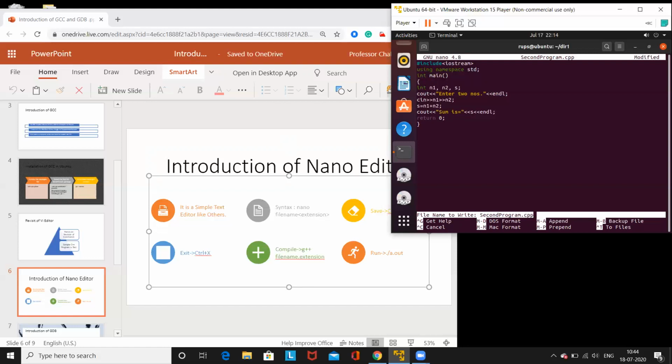I don't want to change the file name, so second program.cpp is fine, or you may change it as well. Add.cpp you may use. Now Enter. So add.cpp gets saved. Then use y, then it is saved, then Control X.